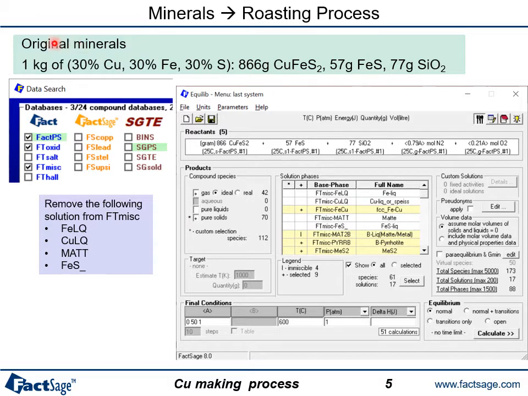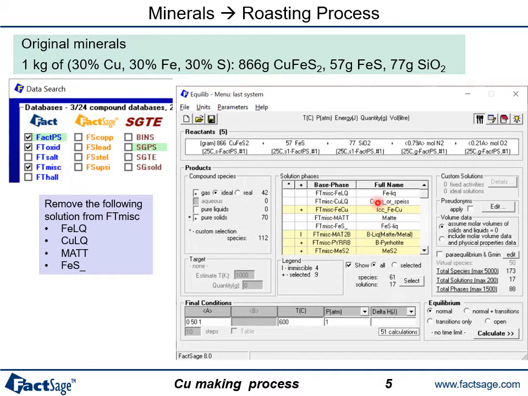So let's assume that we have the original mineral like this, and I'll add this into the FactSage phase. After adding all these species, you're going to select the three databases: FactPS, FT oxide, and FT miscellaneous. In this case, because we are talking about low temperature mineralogy without matte formation, it is not involving any kind of liquid phase. So we're going to choose all the oxide database and all the FactPS database, and also we'll select all